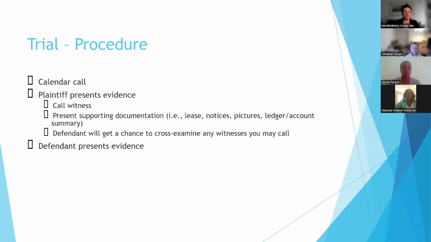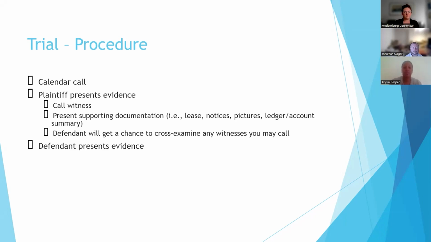So once you file the complaint, you're also going to complete a summons, which will list the date and time of your trial. You're to appear in that courtroom, and generally the magistrate will go through the docket, which is essentially what calendar call is. So they'll call, basically take roll to see who's present. And then when it's your turn or when your case is up, you'll have the opportunity to present your evidence.